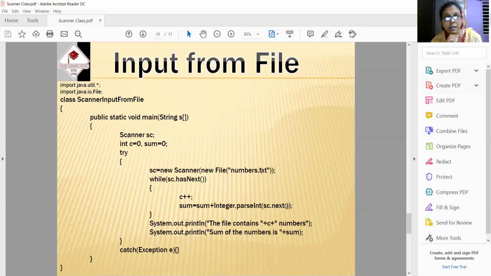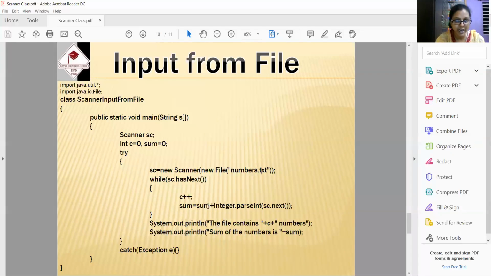And already in our wrapper class topic, we have studied that a string type value will be converted to the primitive integer type via the parseInt method, which is present in the Integer wrapper class. Already you have studied Integer.parseInt. This string has been parsed as an integer. So we have got an integer.